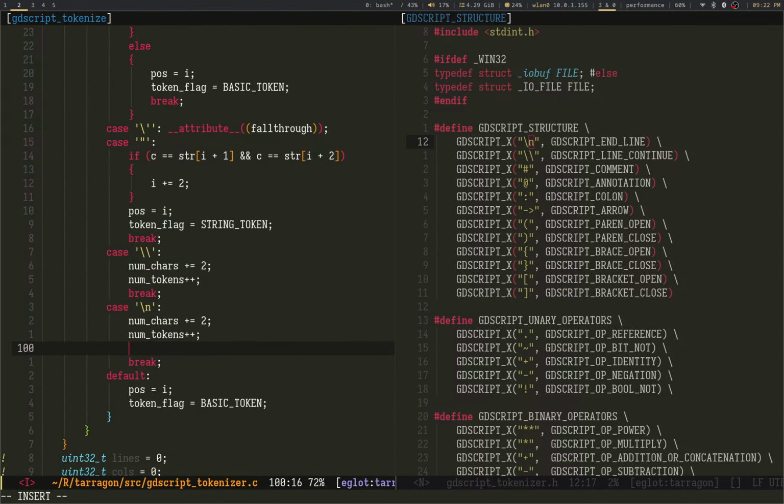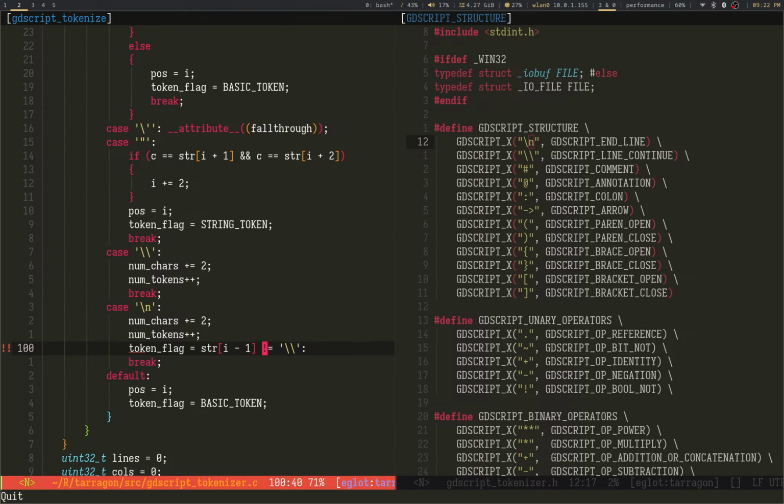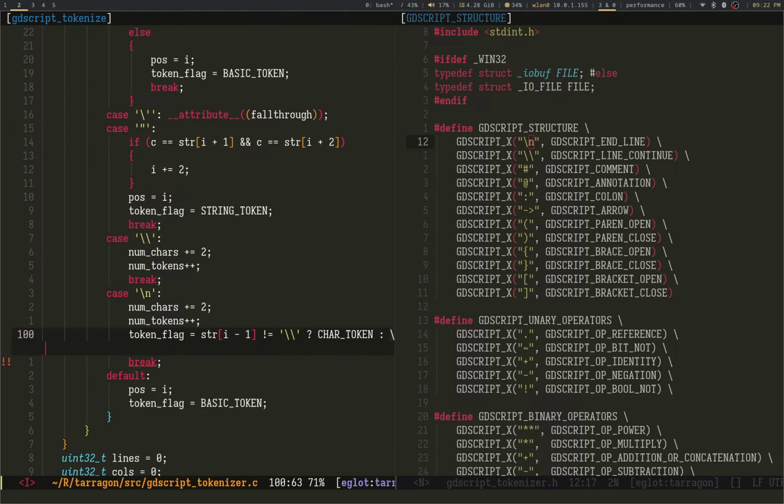And you just look back one if leading white space token.